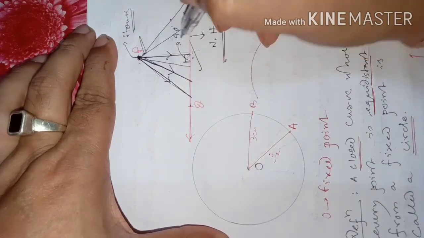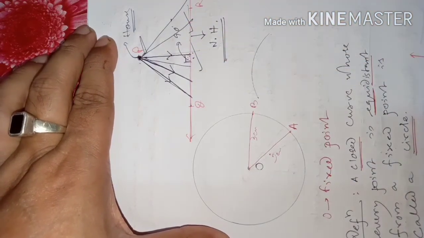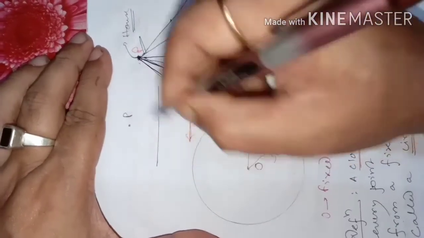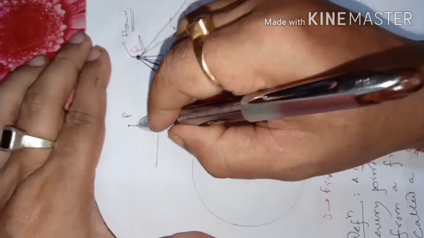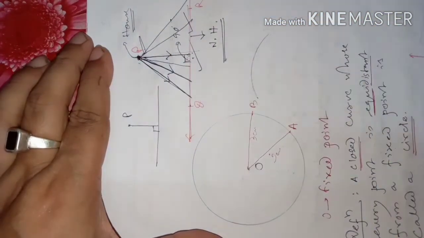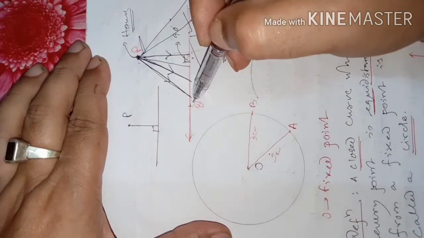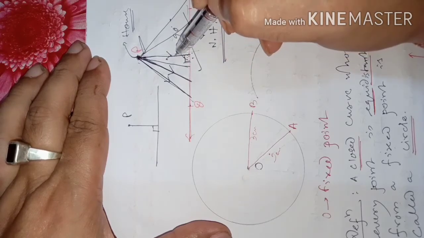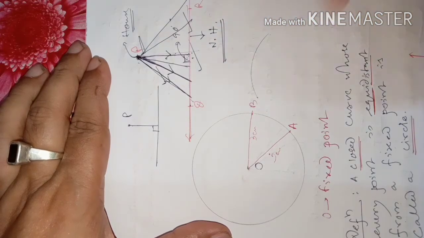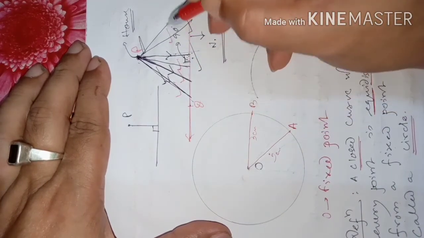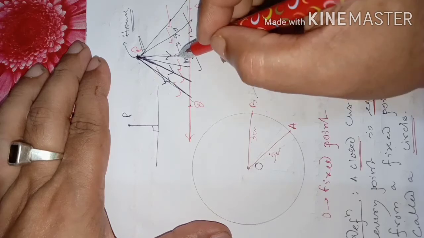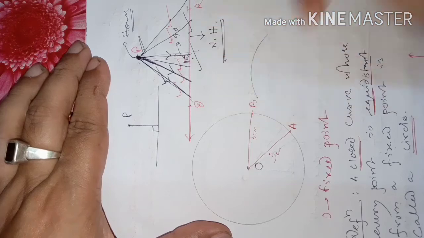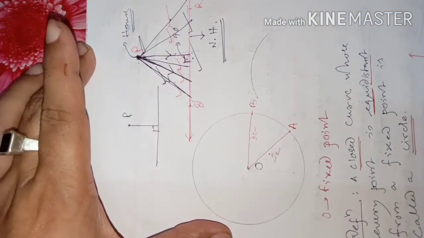So shortest distance of a point from a line is perpendicular distance. Once again I am reminding you, the shortest distance of a point P from a line is the perpendicular distance. There we showed that this line is greater than this line. This line is also greater than this line. This line also is longer than this line. All these lines, 1, 2, 3, 4, 5, among them the 6th line. Among these 6 lines, the 6th one is the shortest one, and that's why we say it is the 90 degree angle. Shortest distance of a point from a line is perpendicular distance.